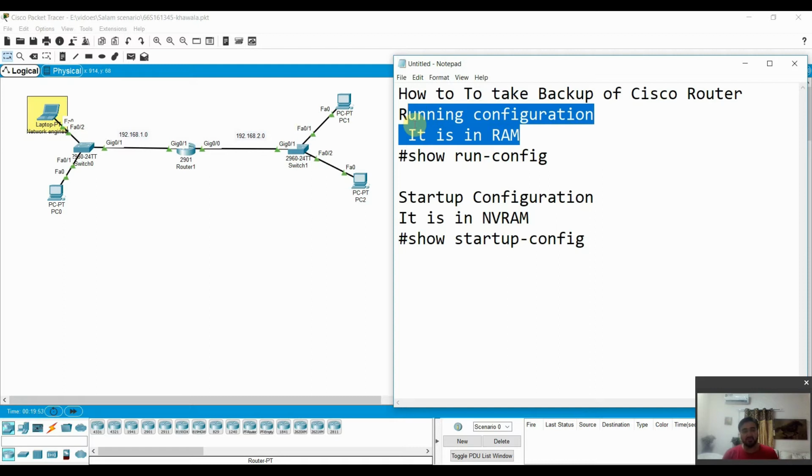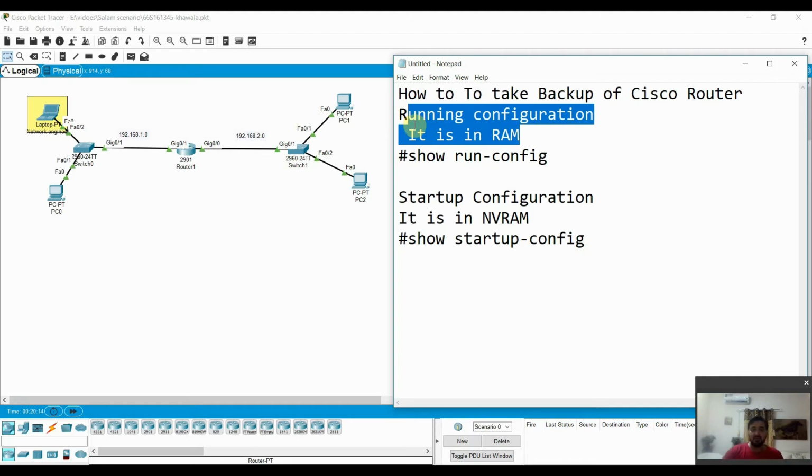If you do not save it, what will happen? If your system shuts down or restarts, definitely your work will be lost. So how can you save? If you save those files in the hard disk, later on you can reopen your work and restart from the same point.